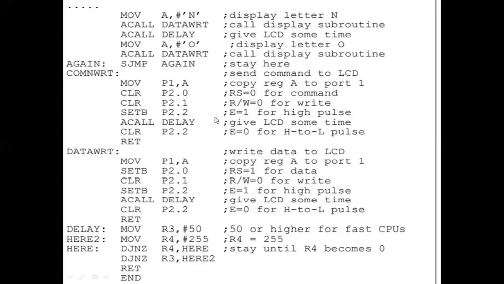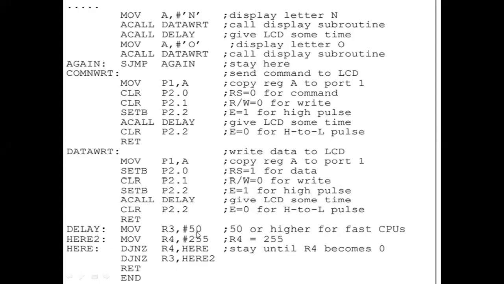So you should give a high pulse, some delay, and a low pulse. That means SETB P2.2, so you are making the enable pin 1. ACALL delay means it will go to the delay function. That means you should give some time to the LCD. So here this is the delay function.